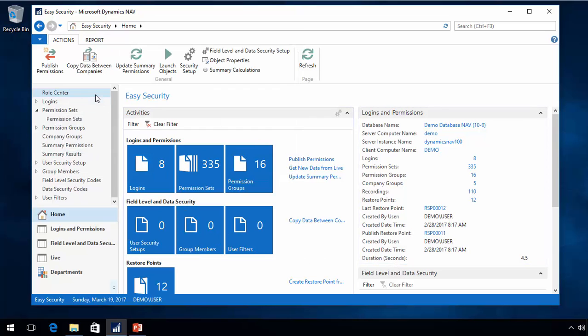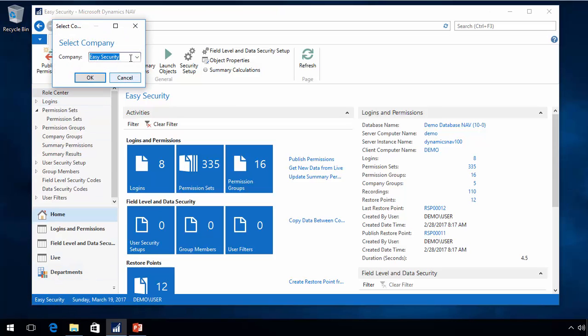But let's get back to the launching. If I launch in the Easy Security company, I really don't have any business data. So I want to use this function inside a different company, of course, where I have real business data I can use. Typically in Easy Security, we only have the data related to security, of course. So switching to another company,